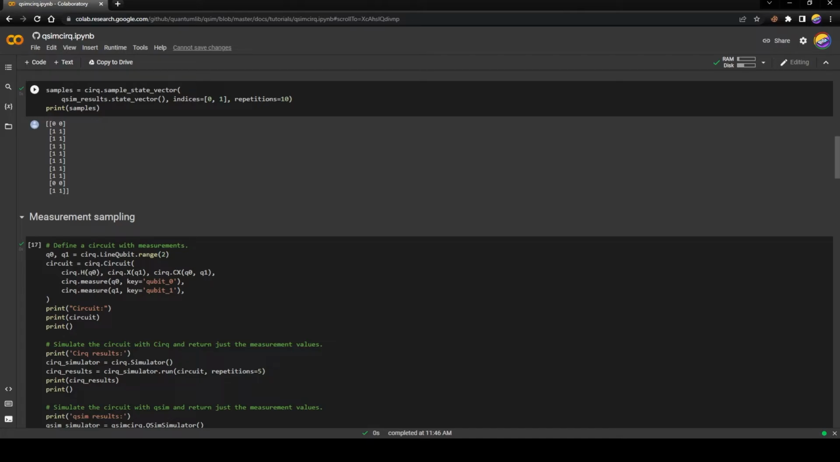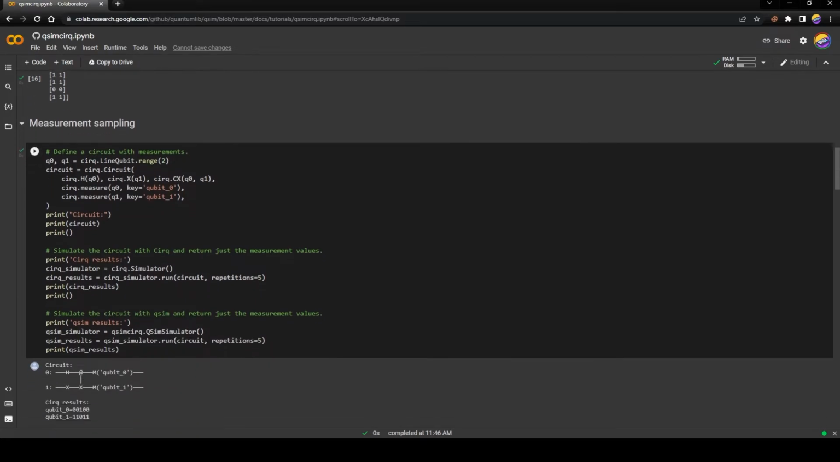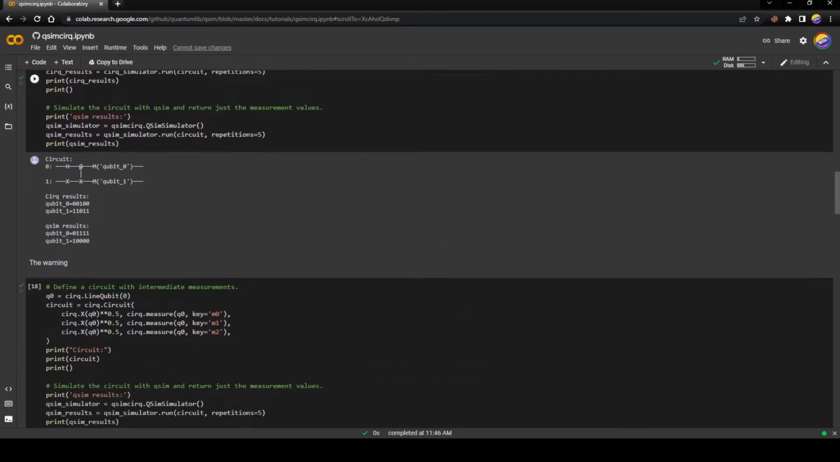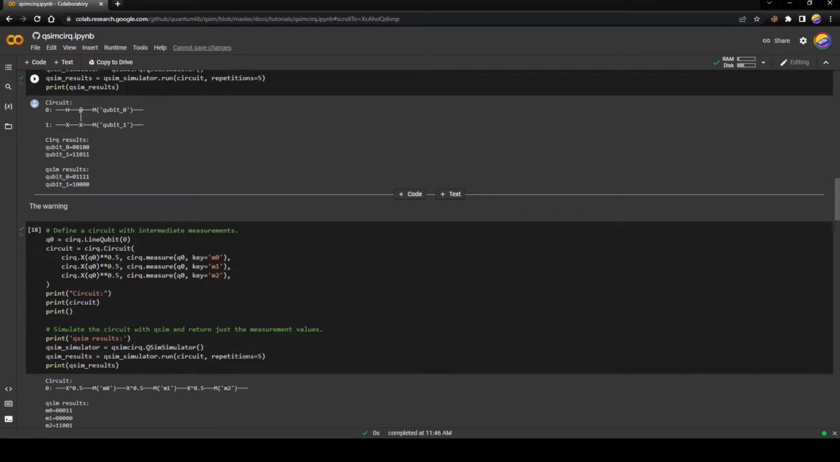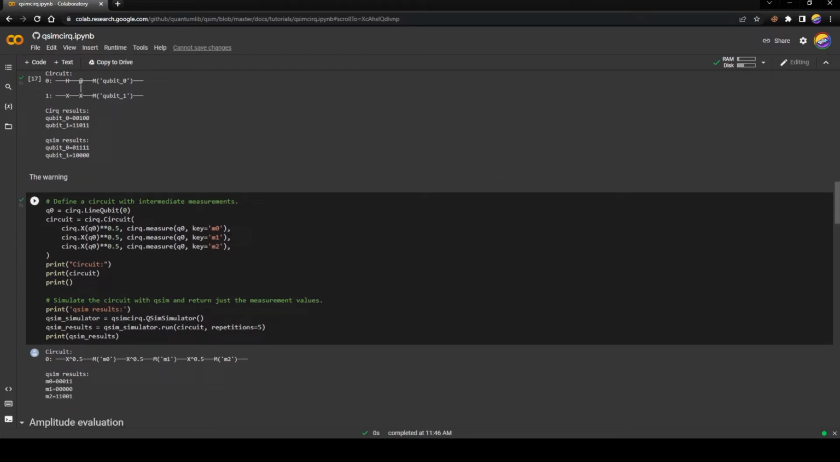Note, since qsim and Cirq use different random number generators, identical runs on both simulators may give different results, even if they use the same seed. The warning above highlights an important distinction between the simulate and run methods. Simulate only executes